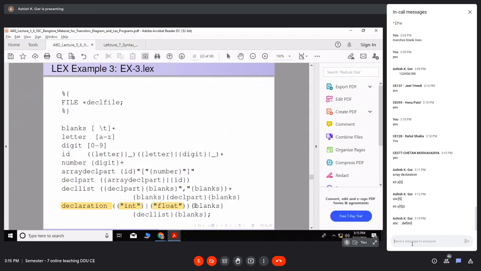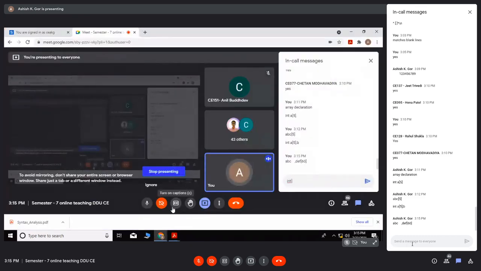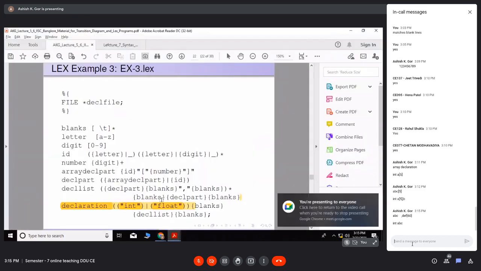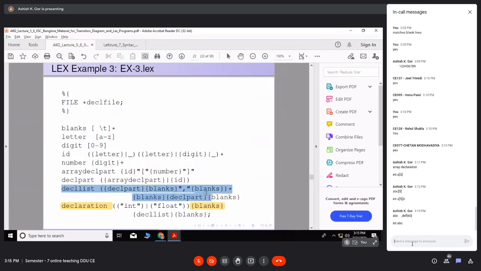After that there should be some blanks. So integer, then blanks, then ABC. This is a correct declaration: integer or float as the data type, then blanks, and the declaration list. Basically you declare the variables followed by some blanks, and finally there should be a semicolon.